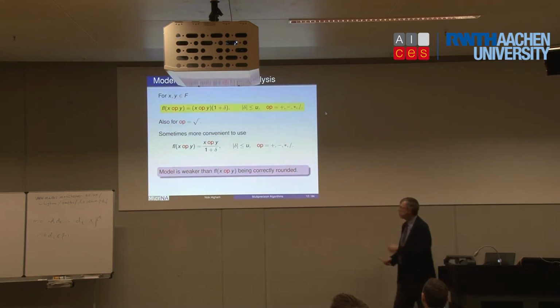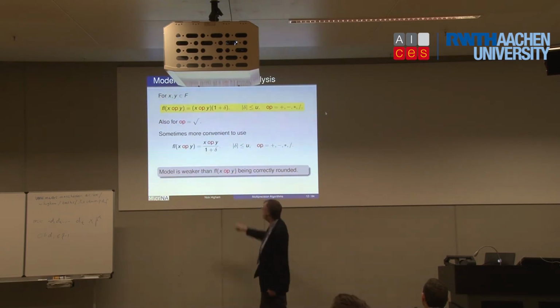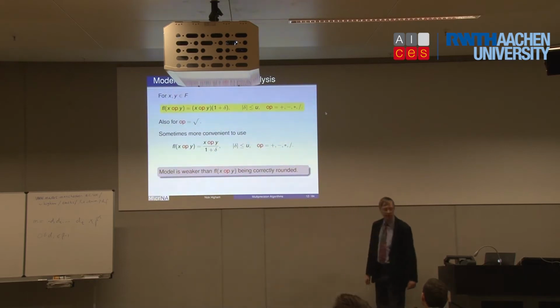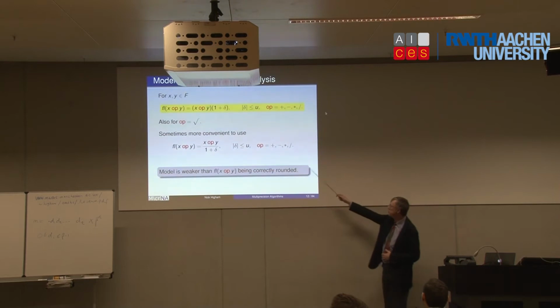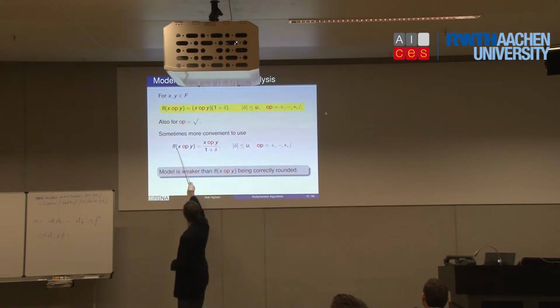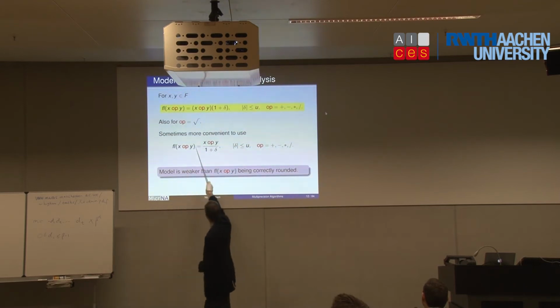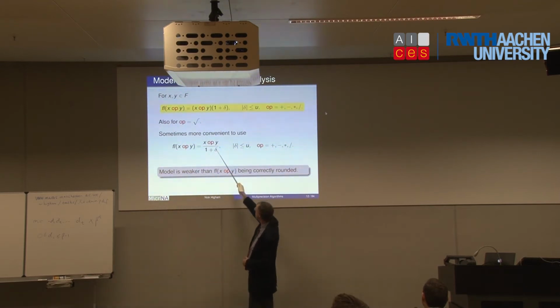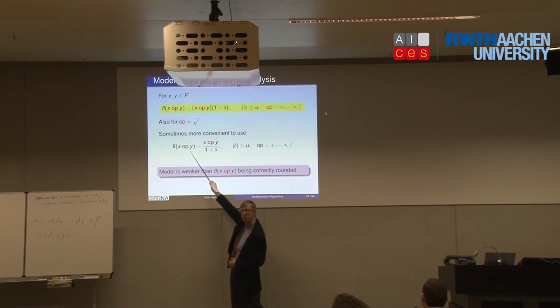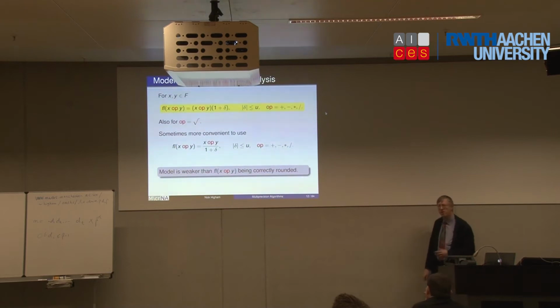Now, there is another version of the model that sometimes is a bit more convenient. Interestingly, and this is not obvious actually, we can divide by 1 plus delta rather than multiply by 1 plus delta. So for the rounded x op y, this is just as true as the top. The reason this can be more useful is if you multiply through by 1 plus delta, the delta hits this term rather than that term, and this is the thing you've actually computed. So sometimes it's more convenient to associate the error with the computed quantity that you just formed rather than the exact quantity that you haven't actually formed. It's a very subtle point, but it gives slightly neater bounds.